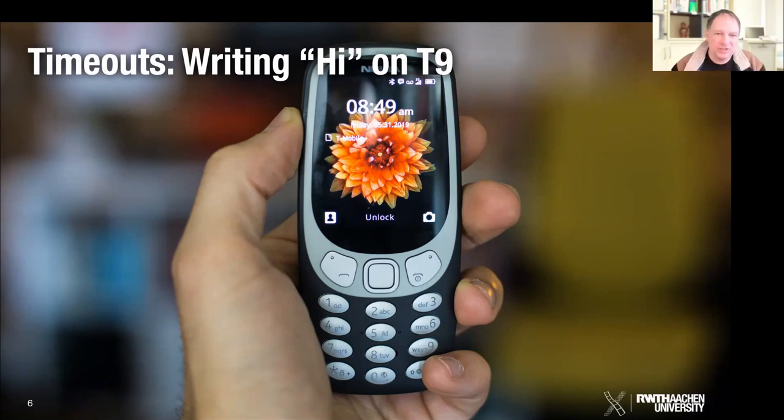I know people who would hit GH, so they would hit letter 4 twice, then they would hit any other key, then they would delete that other thing, and then they would hit GHI, just so that they could keep typing. Not even sure if it was faster in the end, but what it shows is that